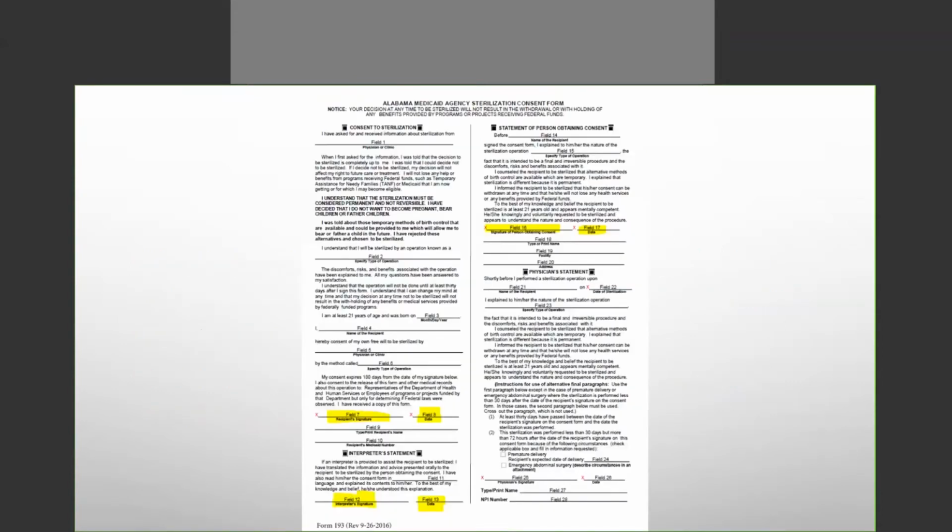Field 7 is for the recipient's signature. Field 8 is for the date signed. Block 12 is for the signature of the interpreter. Field 13 is for the date signed, if that is needed. Field 16 is the signature of the person obtaining the consent. And Field 17 is for the date that is signed. These all must be done in black ink for the signature and the date. Please note